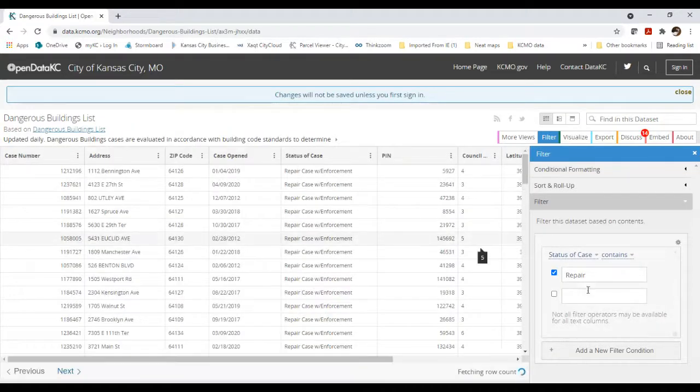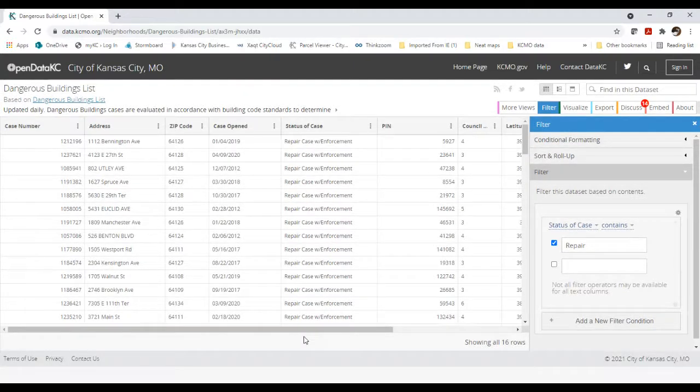So I clicked repair, did the check mark. You saw some movement, but you also see now it says showing all 16 rows. So that did do the filter operation for me. I don't know if you also saw up top, we got a little message that said changes won't be saved unless you sign in. So that's telling me I can continue to do this, but if I wanted to save this, I currently can't unless